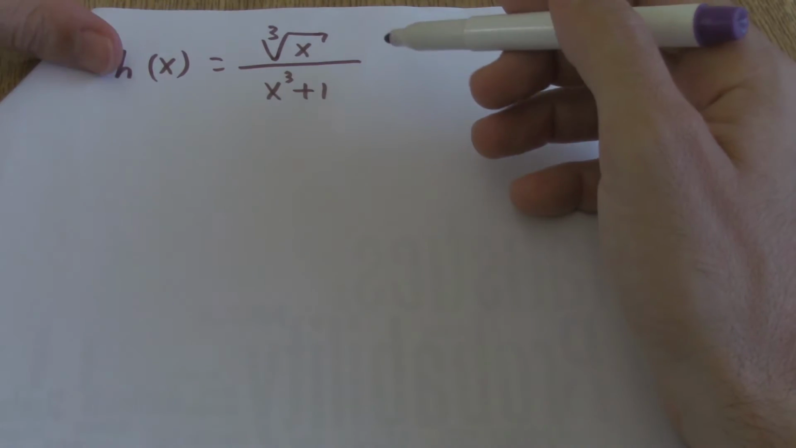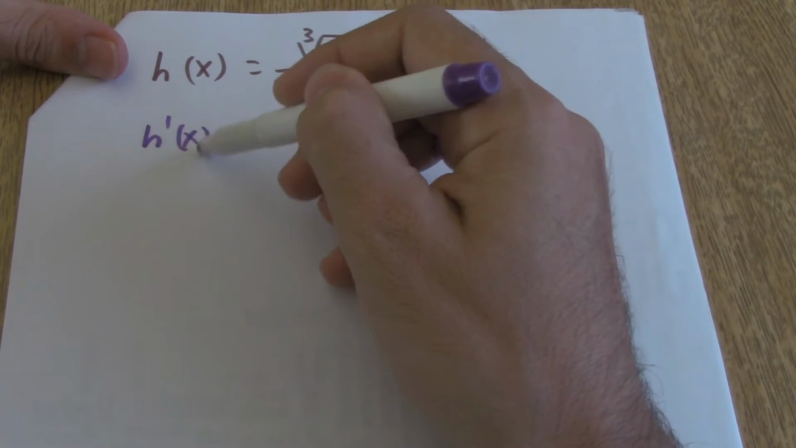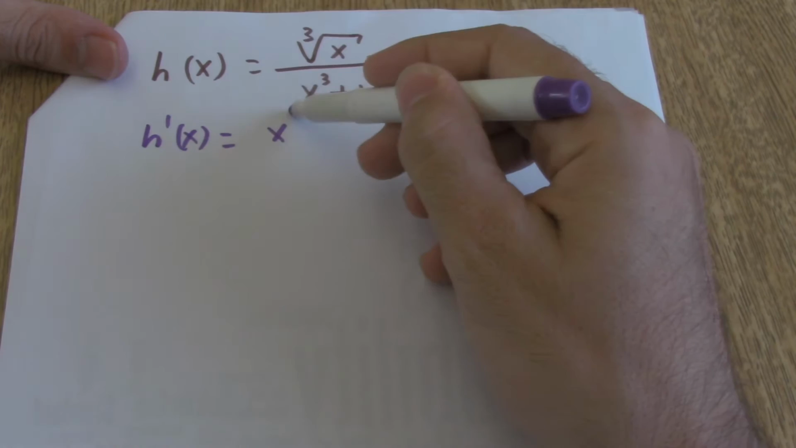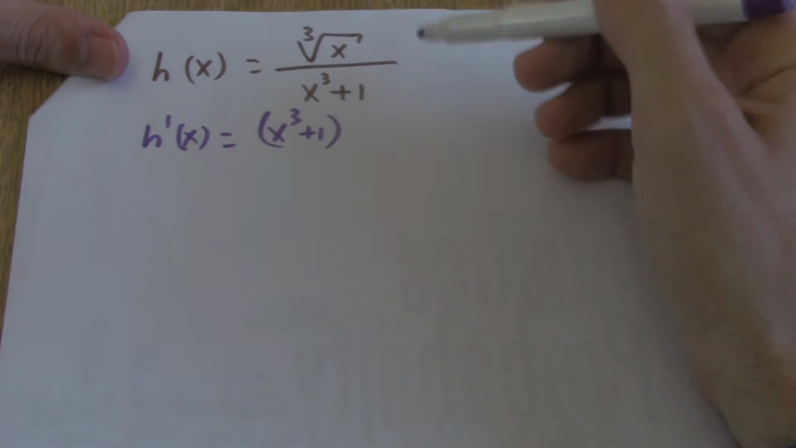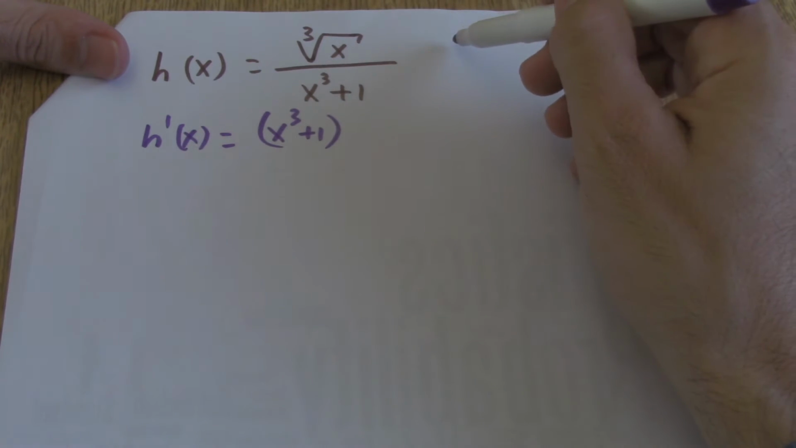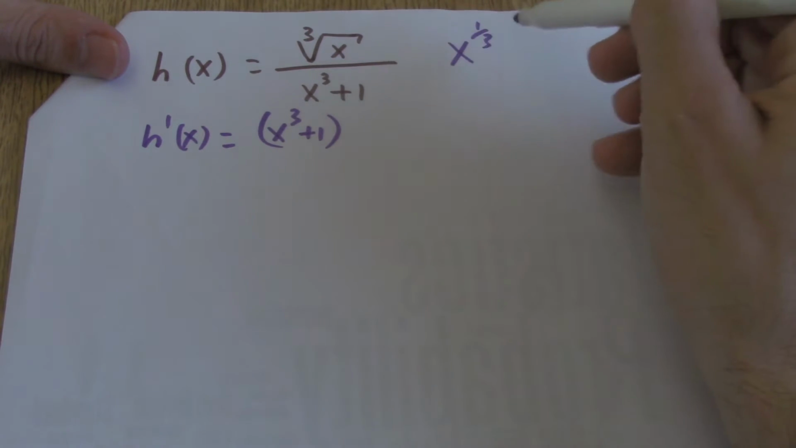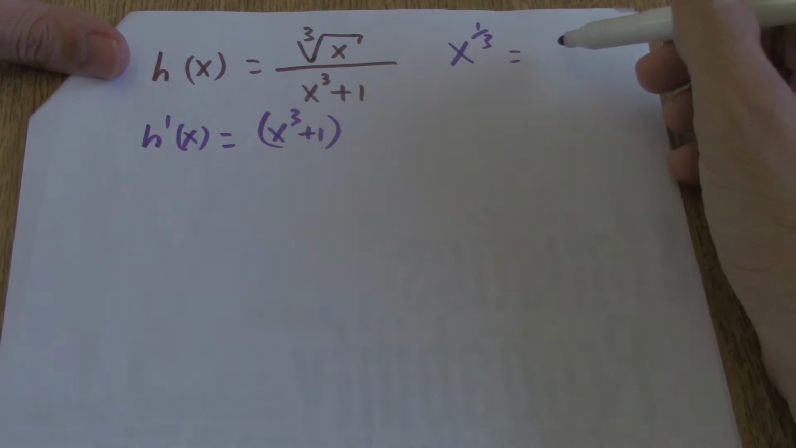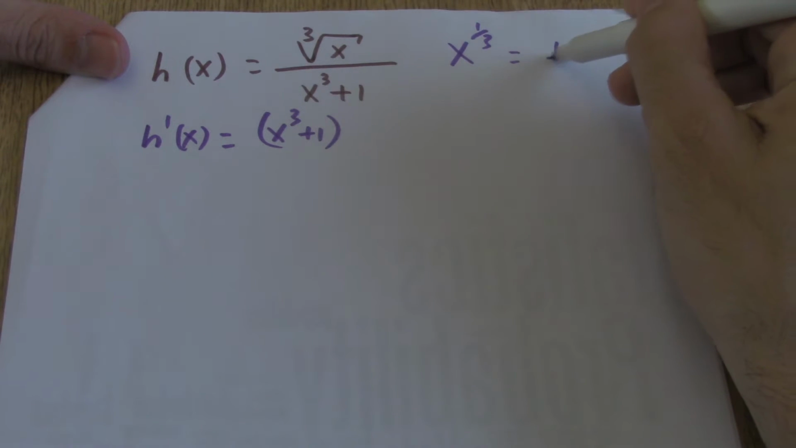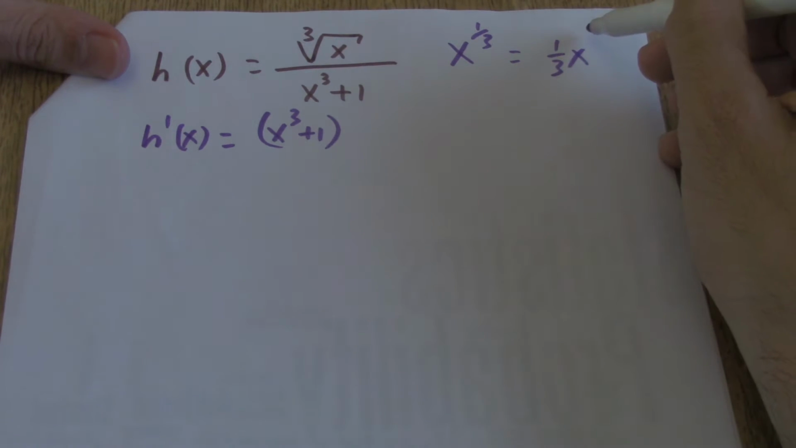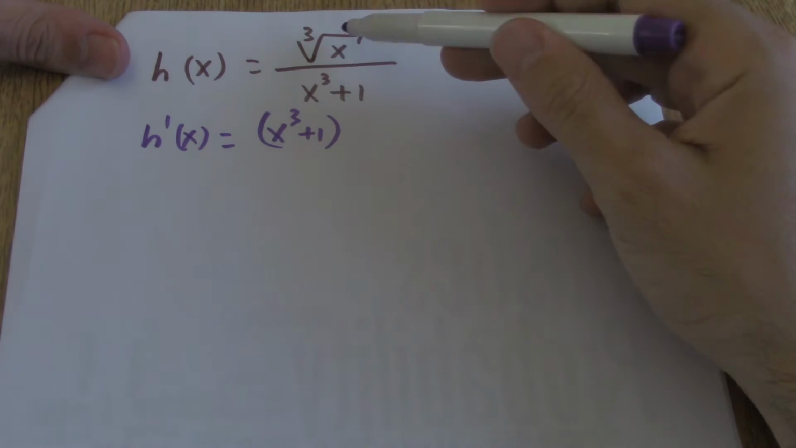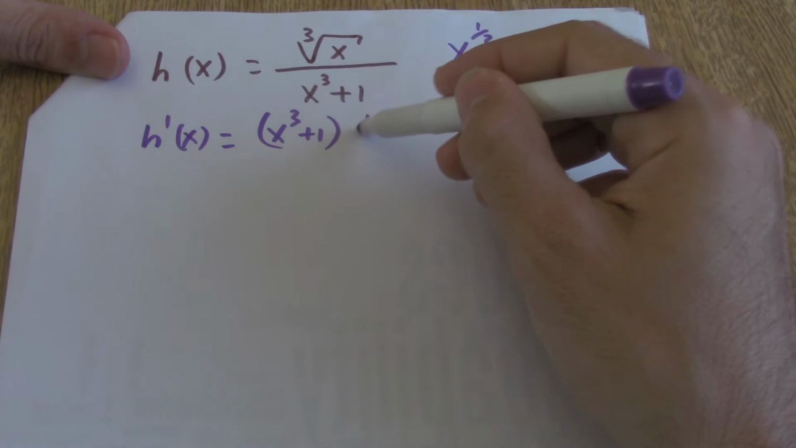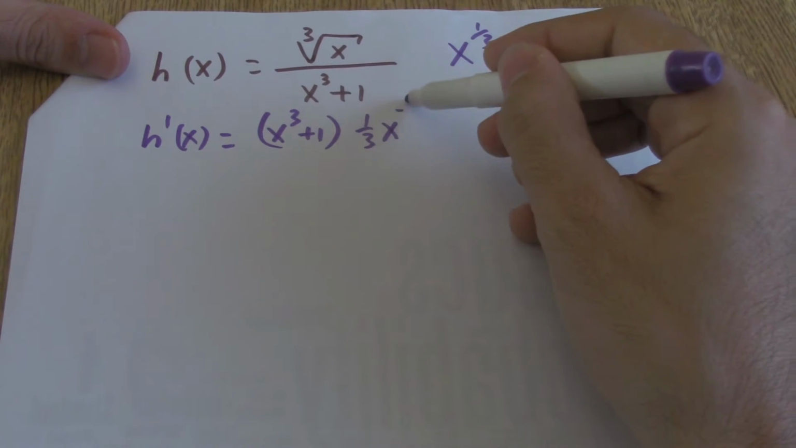Okay, so let's write it. That would be h prime of x: the bottom, x cubed plus 1, times the derivative of the top. But remember that the cube root of x is x raised to 1/3. The derivative of this would be 1/3 of x raised to negative 2/3. That will be the derivative of the top. So this times 1/3 x to the negative 2/3,